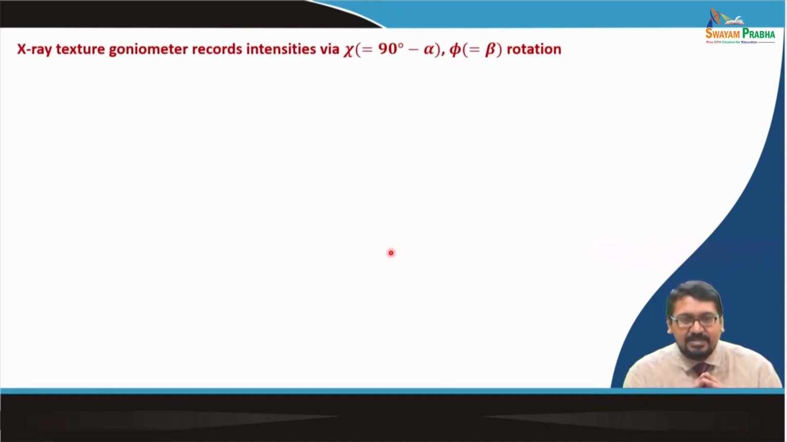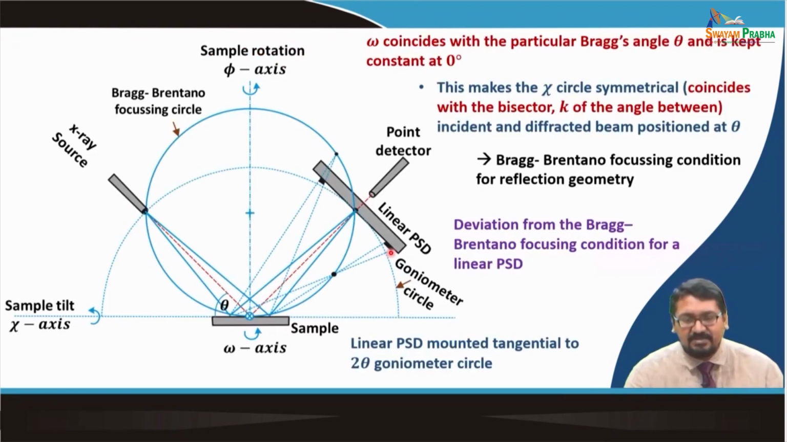Now, one can say that one can use a curved 1D position sensitive detector, which should go through the Bragg-Brentano focusing circle. But then you also see that even if it is a curved position sensitive detector instead of linear, the three focused diffracted intensity beams from the three different HKL planes of three different thetas may lie